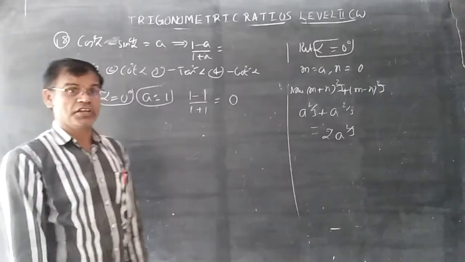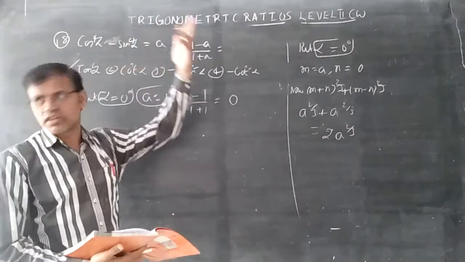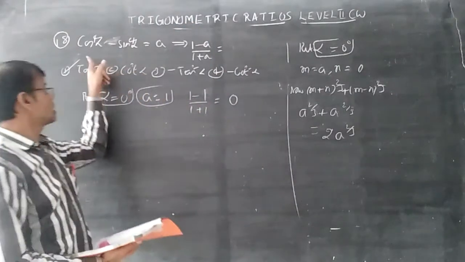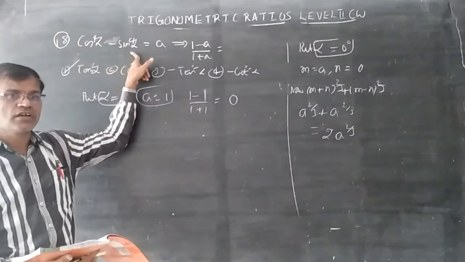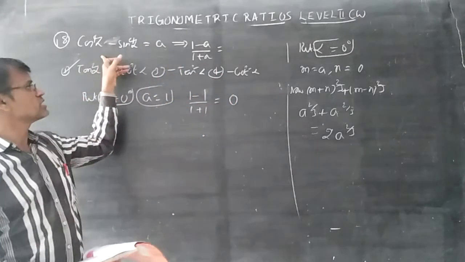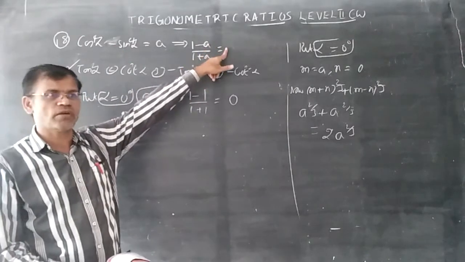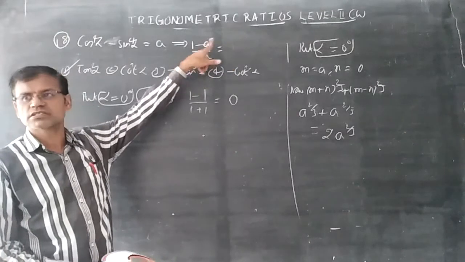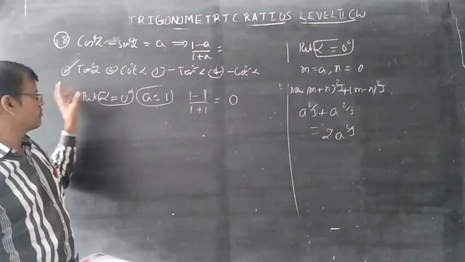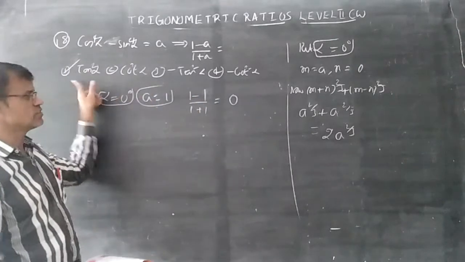You may get a doubt: sir, minus is also there, no? Whenever 4 is there, it indicates an even number, so there is no minus. Even though it is minus, minus becomes plus. Because cos power 4 alpha minus sin power 4 alpha is cos square alpha minus sin square alpha into cos square alpha plus sin square alpha. Cos square alpha minus sin square alpha means cos 2 alpha. Here 1 minus cos 2 alpha by 1 plus cos 2 alpha. 1 minus cos 2 alpha formula is 2 sin square alpha by 2 cos square alpha. 2 gets cancelled, and sin square by cos square becomes tan square. No need to explain everything in full, I am simply clarifying your doubt that there is no minus for 0. Simply 0, tan 0 verified, first option.